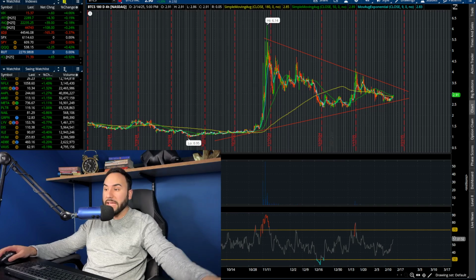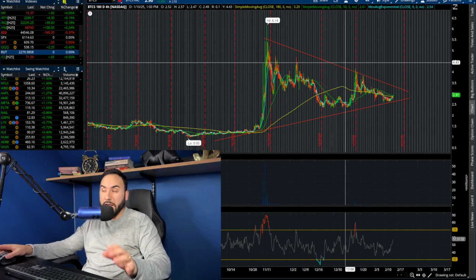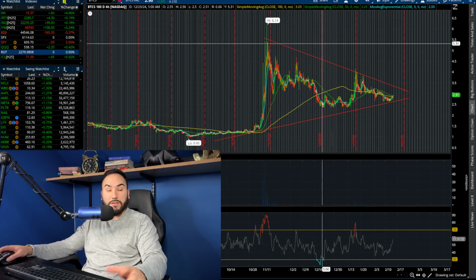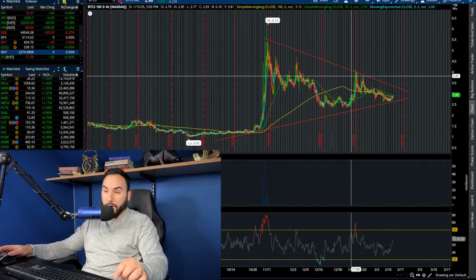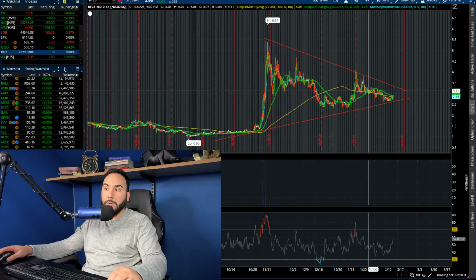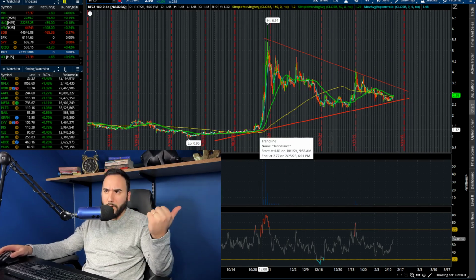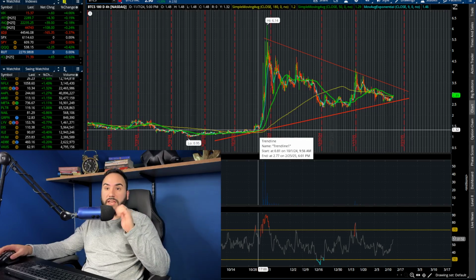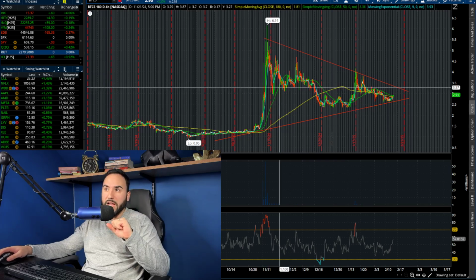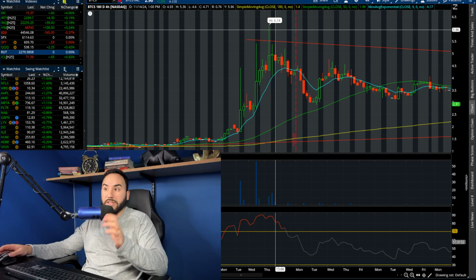Let's dive into it. So like I said, the company's called BTCS and they trade on the NASDAQ under ticker symbol BTCS. And this stock looks like it could be on the verge of breaking out. We can see here we have a clear wedge formed on the 4-hour time frame. And this stock just about 3 months ago, back in November, it went ballistic over the course of a couple of days. We went from $1.30 on this stock all the way to over $6 in a couple of days,